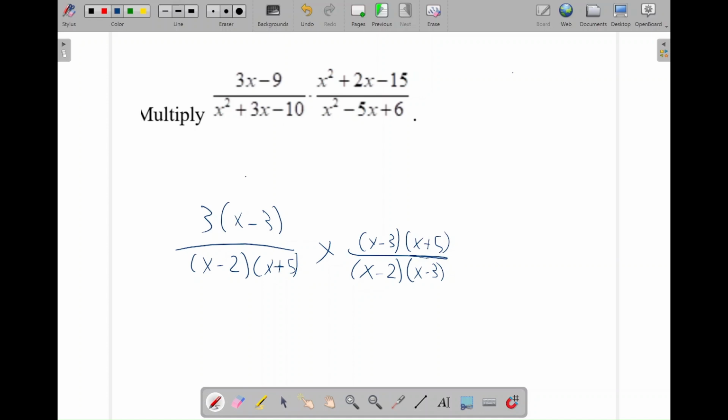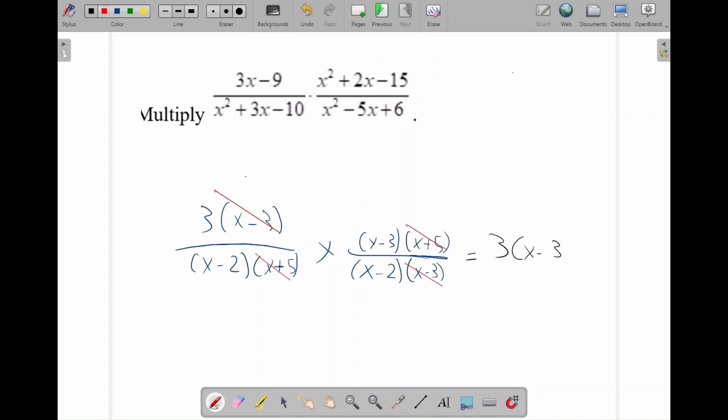Okay, now what I'm going to do, I'm going to cancel out my terms. So, x minus 3 cancels, let me do it in a different color. X minus 3 cancels out with x minus 3, perfect. And x minus 2 does not cancel out with anything. X plus 5 will cancel out with x plus 5. Okay, so what I have now, this equals to